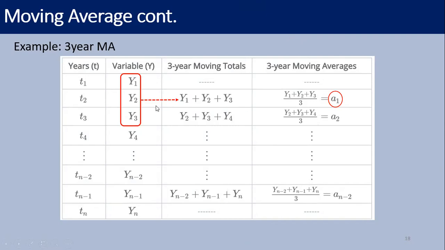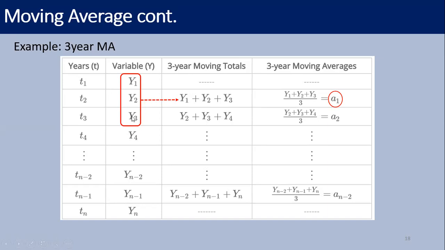So how do we calculate it? First, we have to get the sum of these 3 years. But there are some important factors before conducting it. We have to use consecutive data. We can't use y1, y3 and y4. So consecutive data we have to use in analyzing the moving average. For these three figures we can calculate the moving average.